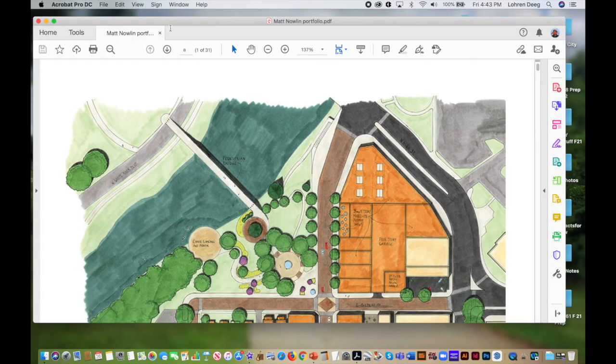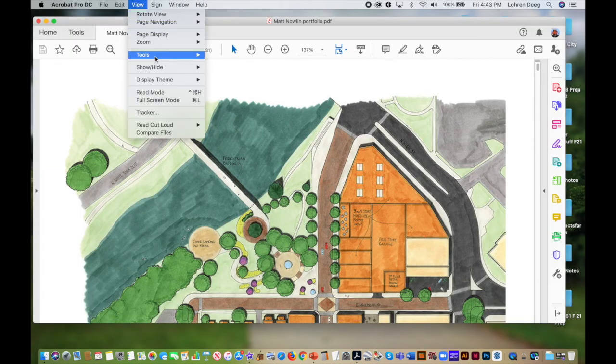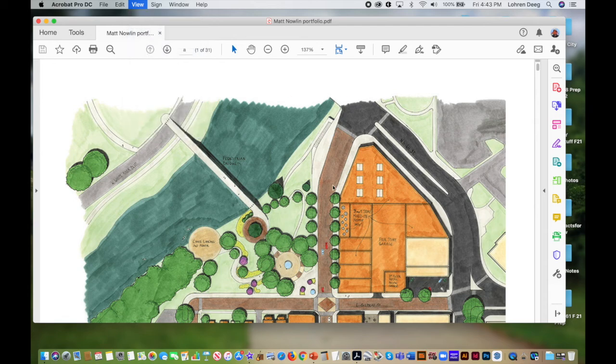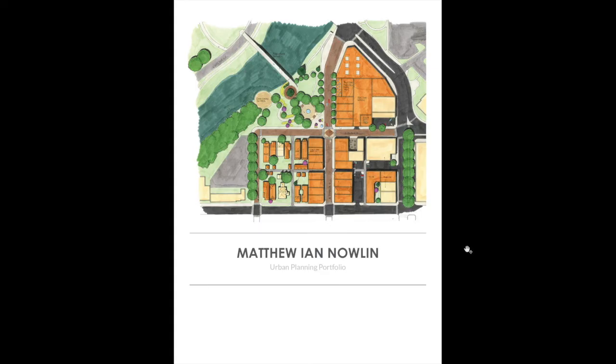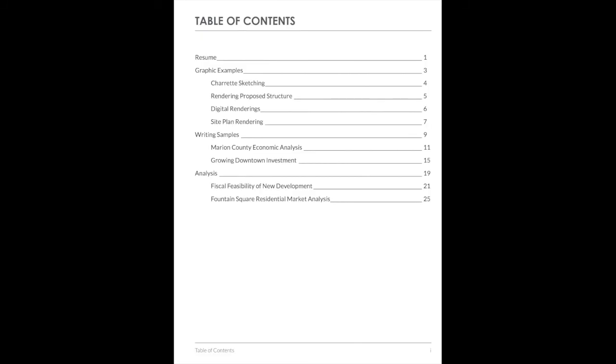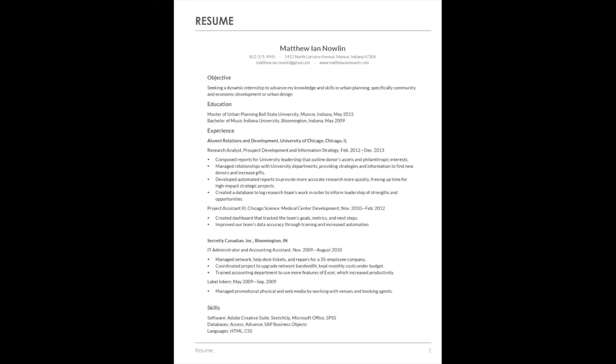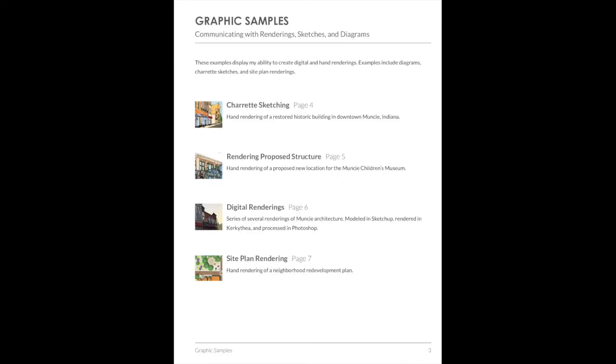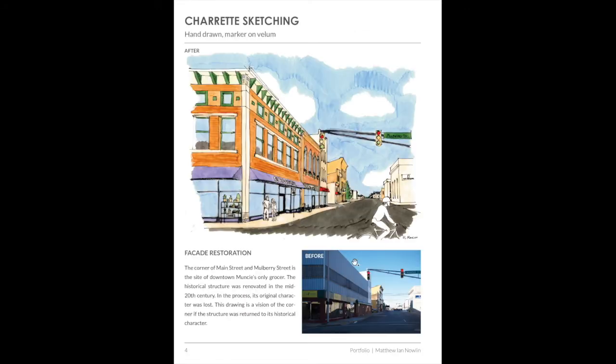Another MERP student from our past. This is Matt Nolan. Work student from a couple of years back. Contact information, table of contents, resume, single page format, objective, education and experience, skills. Beginning the graphic samples section with a secondary table of contents, including charrette sketching,